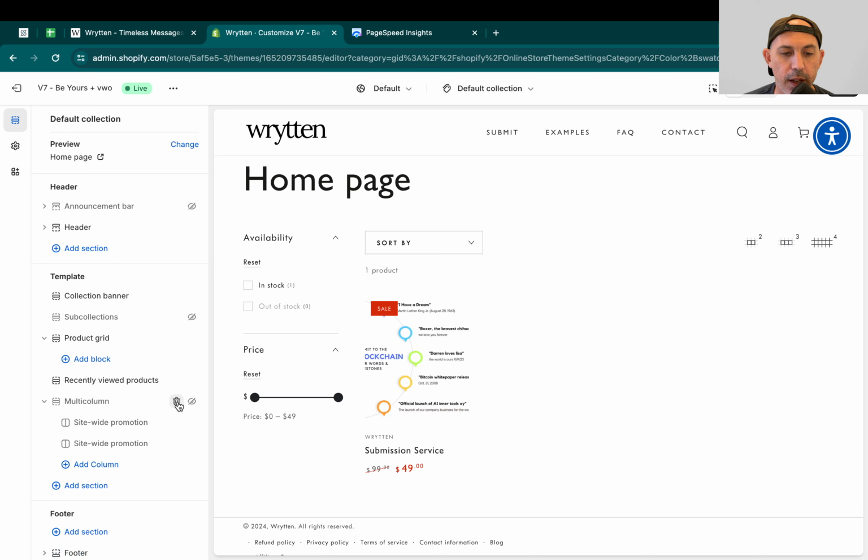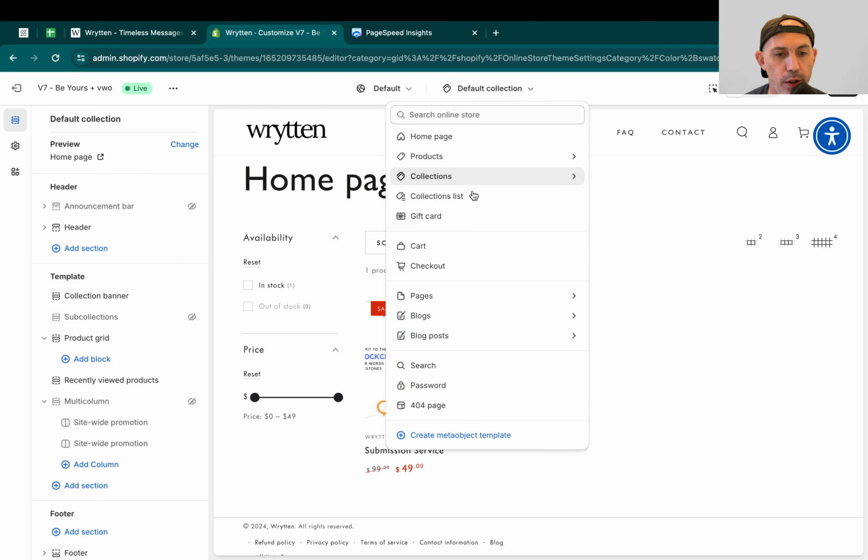I'd like to delete it, but it really depends. Okay, I click on save, I test it. If it's good, I set it live. So what you're going to do is go to each section right here, pages, products, all that